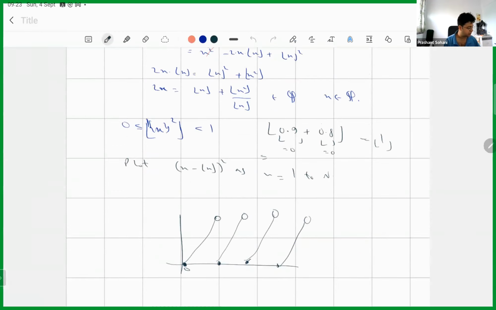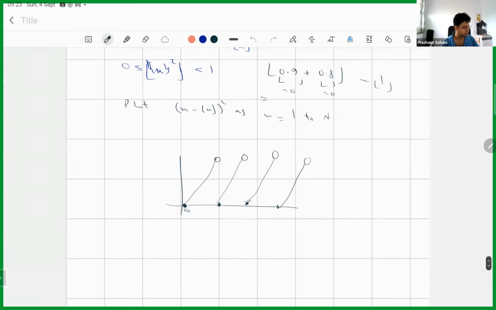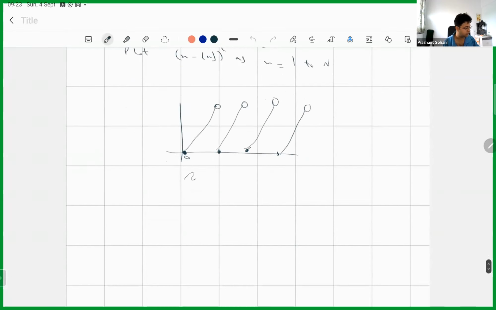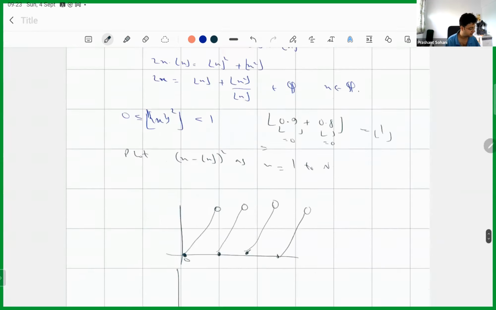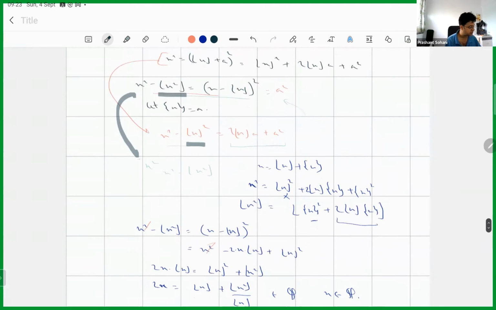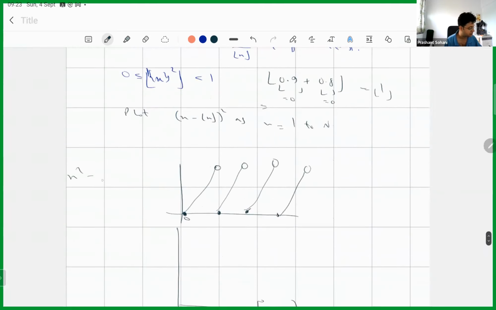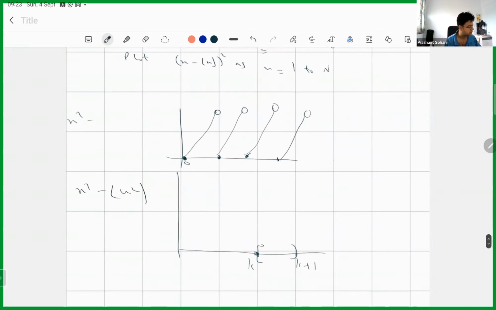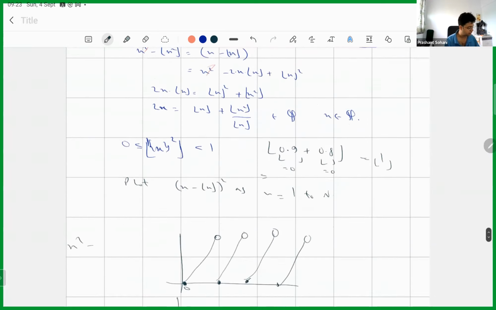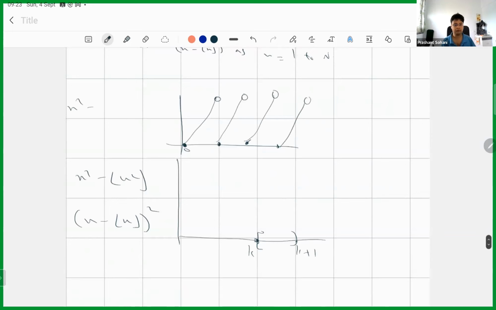Just to complete what I was saying last time about the graphical approach: the idea is that for every range of values, if you take the value k to k plus 1, a semi-closed interval, open at k plus 1 and closed at k, and you plot the two sides of our expression, one side is x square minus greatest integer of x square, and the other side is x minus the greatest integer of x, the whole square. If you plot both of these graphs in this range k to k plus 1, you will notice